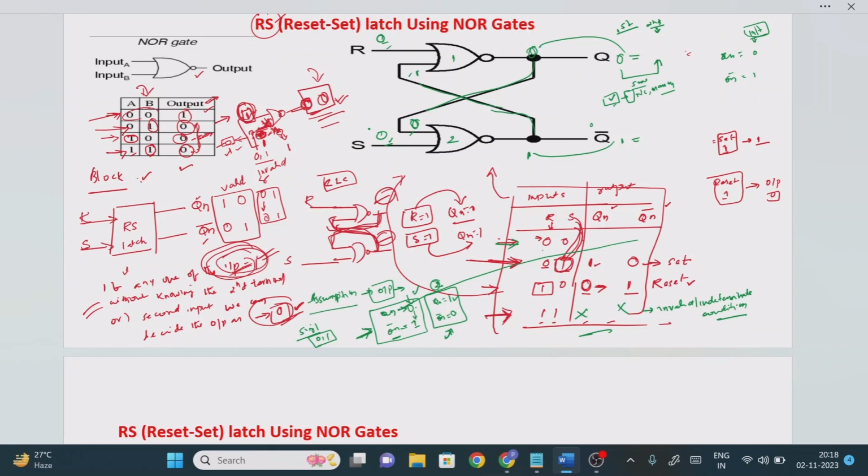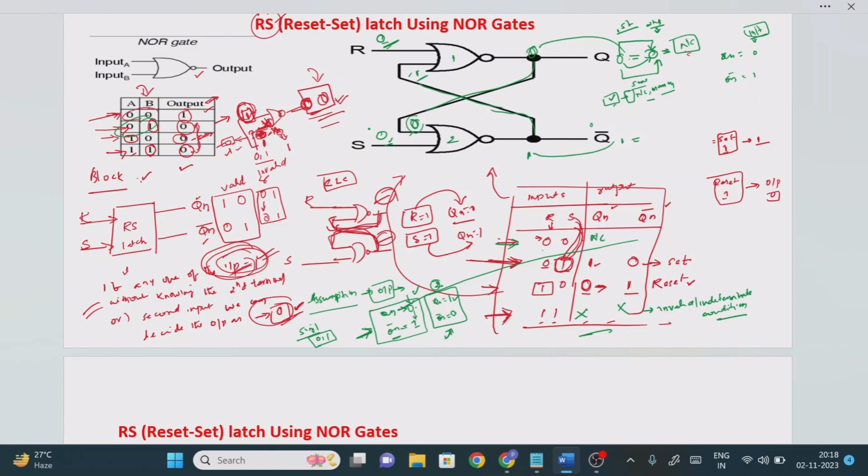So how can we represent the no change state or memory operation in terms of the timing waveform representation? Now we'll see what the input value is: 0, 1. Now go to the truth table. 0, 1 means what is the output value? 0. So what was the assumption we made? 0. After passing into the circuit, what value did we get? 0. It means the same value. Assumption equals next level output, both are the same. So this is called the no change state or memory state.